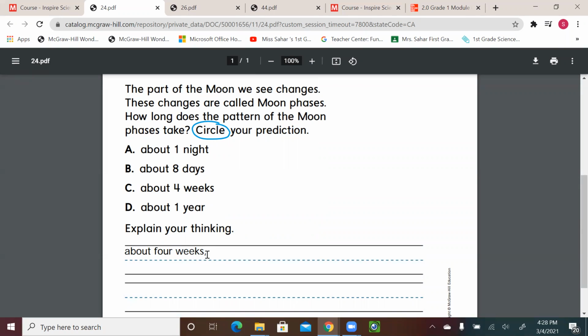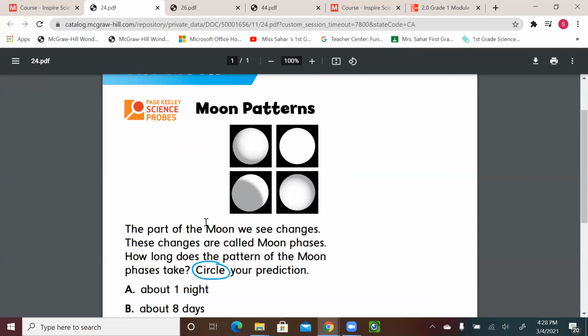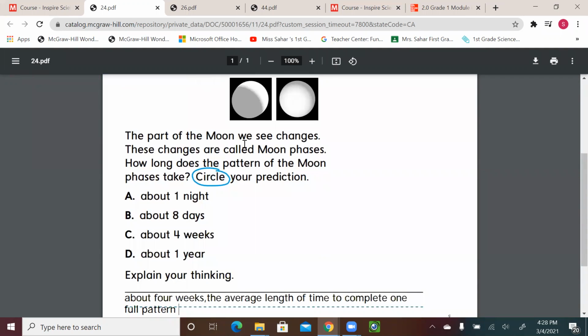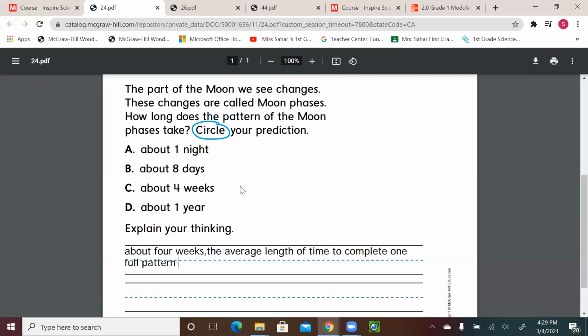Because we think that the average length of time to complete a full pattern, like from full moon or new moon till it's full moon again and then starts again,